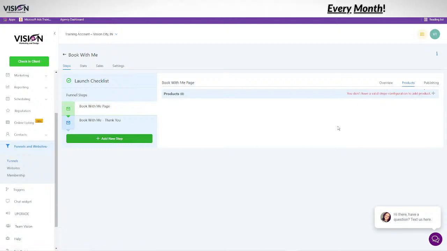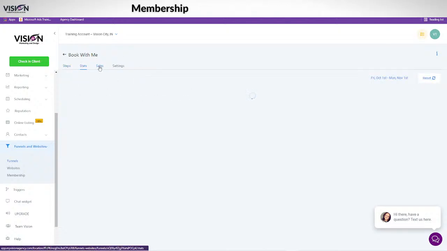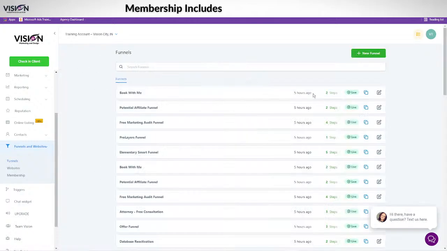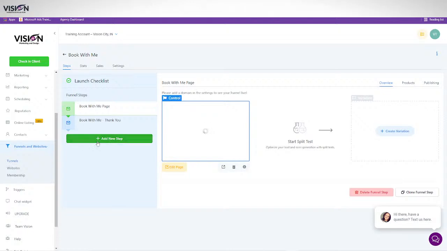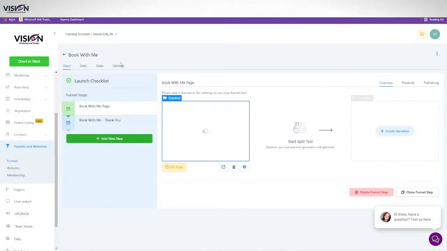You can click here once you have Stripe integrated and create the products or import them. And when you want to publish it, you can just update that here. So you're just going to choose the settings. You also have stats here, you have sales here, and then you have your settings as well, just like the websites. The only difference is with the funnels, you're just adding a step. Like if I wanted to add a new page, I'm just going to click add a new page. And just a reminder to you guys, if you have clients using ClickFunnels, or you previously were using ClickFunnels before you came to the team, you can import all of your funnels here very easily from ClickFunnels, and then it will just pull into your account.